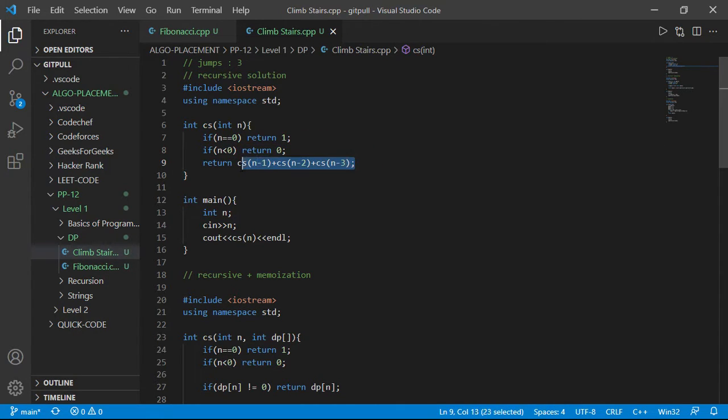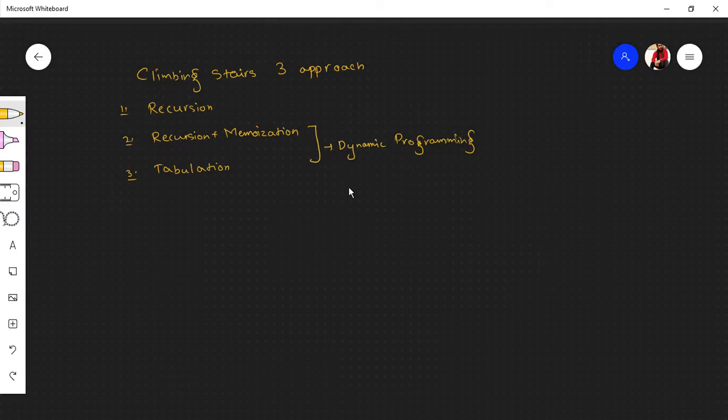Now, I was allowed three jumps. For recursion, if I'm standing on the fourth or fifth stair, any stair you can take. For example, one, two, three, four, and five, and this is zero. I'm standing here. So in how many ways can I reach here? This is the first way, this is the second way, and this is the third way. These are not ways, these are the places from where I can reach.